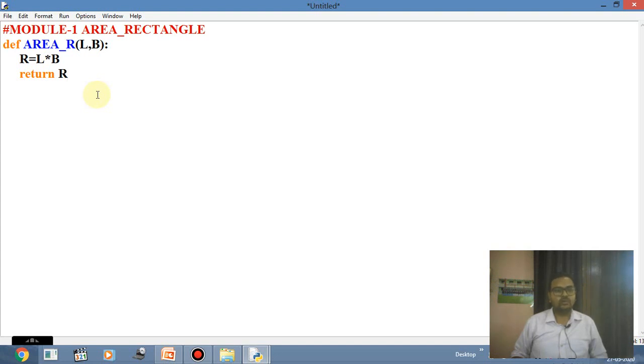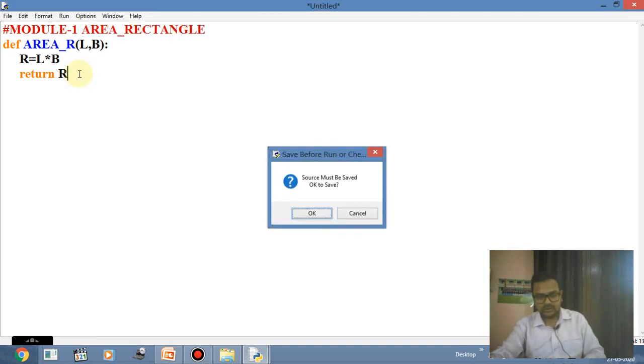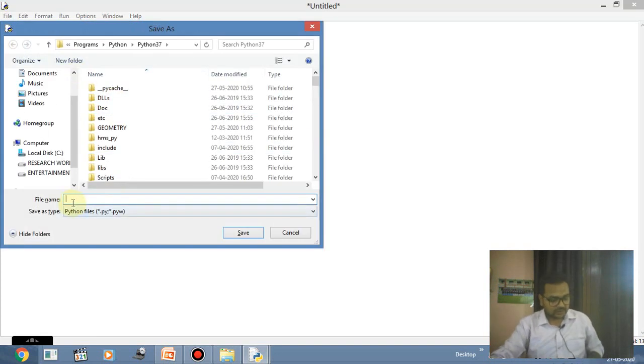So now this function I have created, or as in my previous one we have discussed how to create your module. तो मैं जिस नेम से फाइल को सजेस्ट करूंगा, that name will be considered as a module, and this module is containing a function name as area underscore r. I am not calling this function right now because मैं function इसको कहीं और से कराऊंगा, means मैं इसको library के through ऑपरेट कराऊंगा, and my library name is geometry right now. So I am going to run this program, but before running this program I am going to save this program.